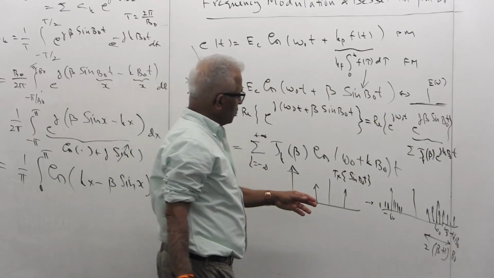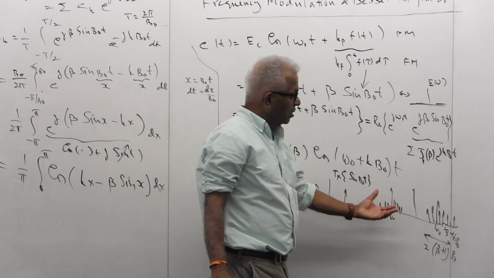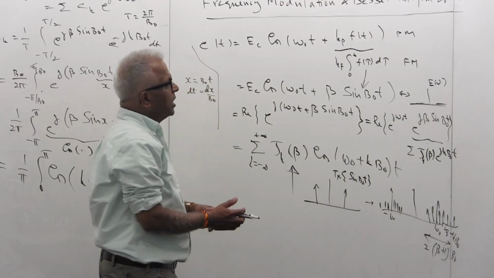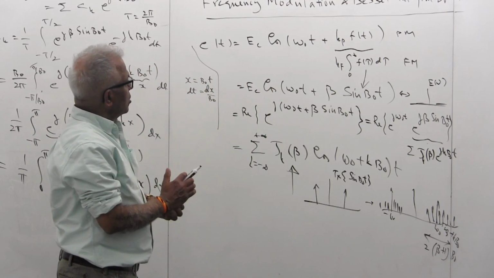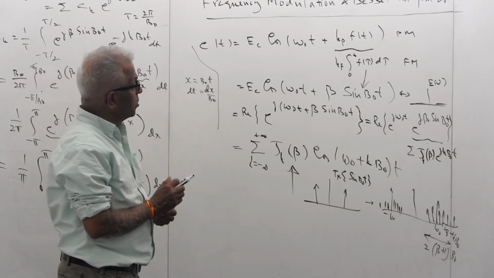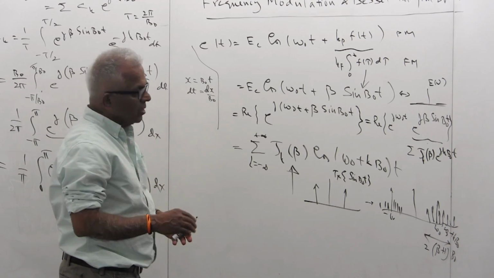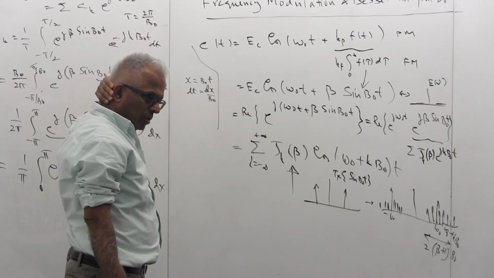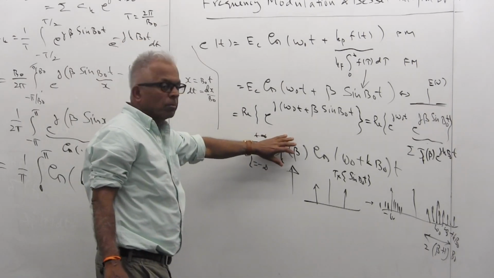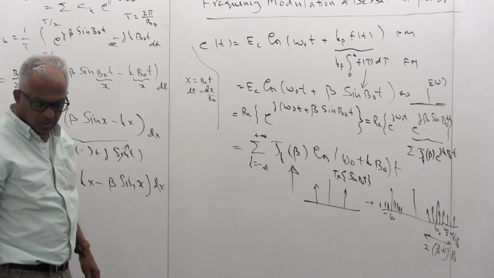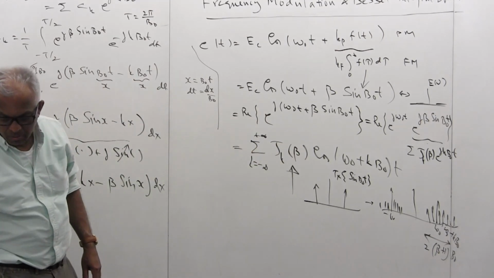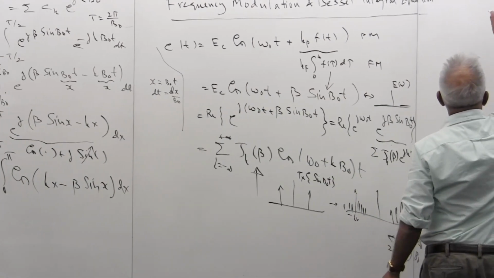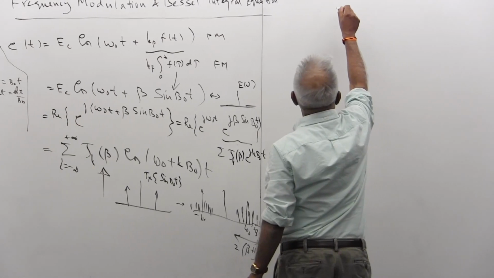The whole point is, even if you are transmitting a single tone, the disadvantage of FM is it takes a finite bandwidth, but the advantage is the noise cancellation is by a factor of beta cubed. I'm not going to go over that, but that's the whole point of using FM. But today's job is to develop a differential equation for j beta. So since we are taking derivative,